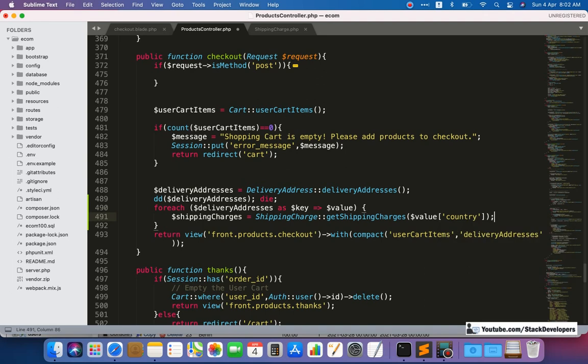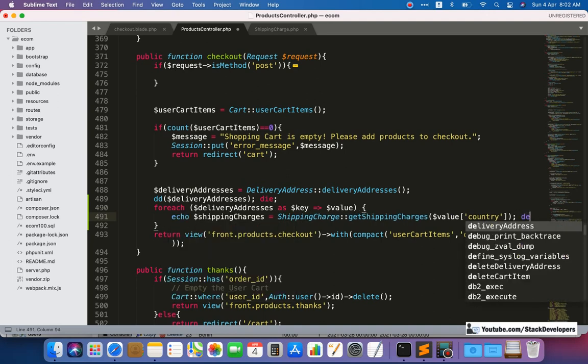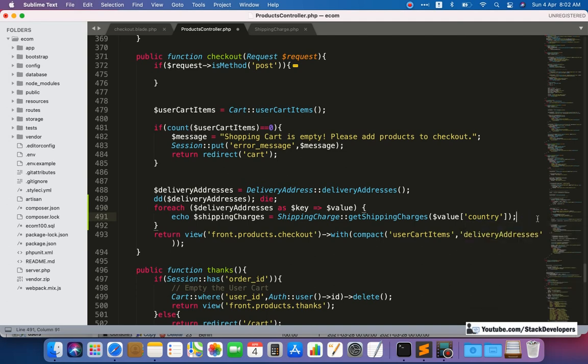We are going to pass the country to the getShippingCharges function to get the shipping charges. After getting the shipping charges, first of all we are going to see whether we are able to get the shipping charges or not. We are going to do it like this, die. Yeah, it is fine.